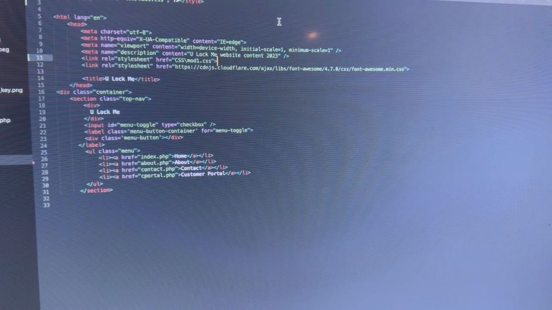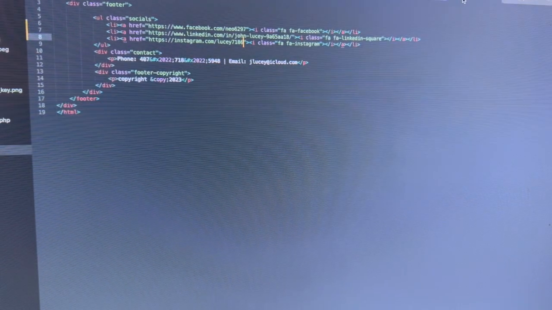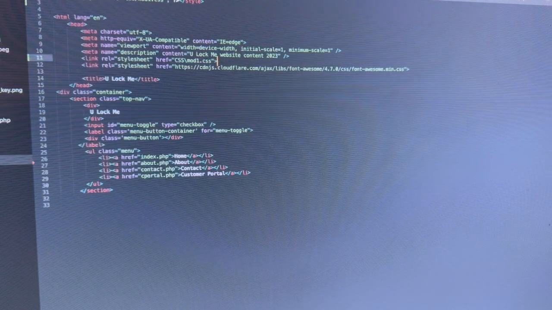I will tell you that this is taken a little bit from back in the day when I used to work with WordPress, because WordPress was designed very much this same way, which allowed you to modify your header information separate from the pages, and the pages were stored separately, as well as the footer information. So in my header information, I'm making a call to my CSS file that I created, and then of course the typical HTML, viewport, UTF-8, and then I'm also making a call to Cloudflare because I wanted to use Font Awesome for the